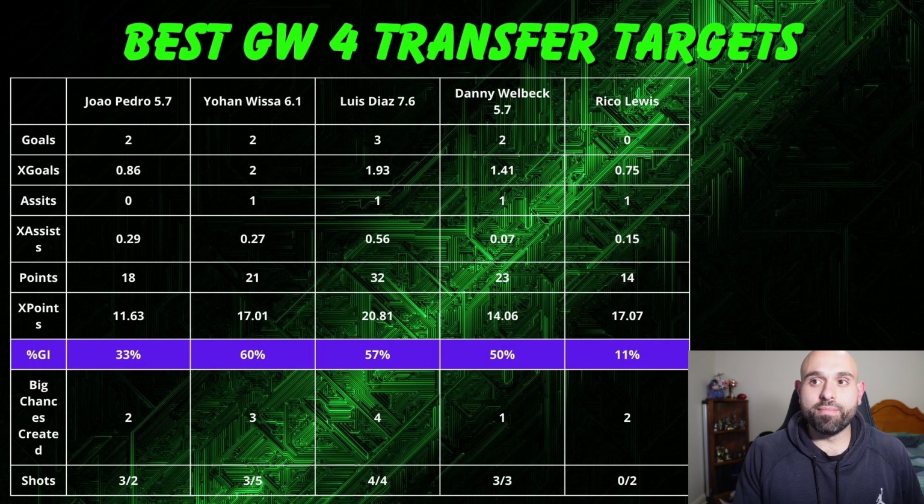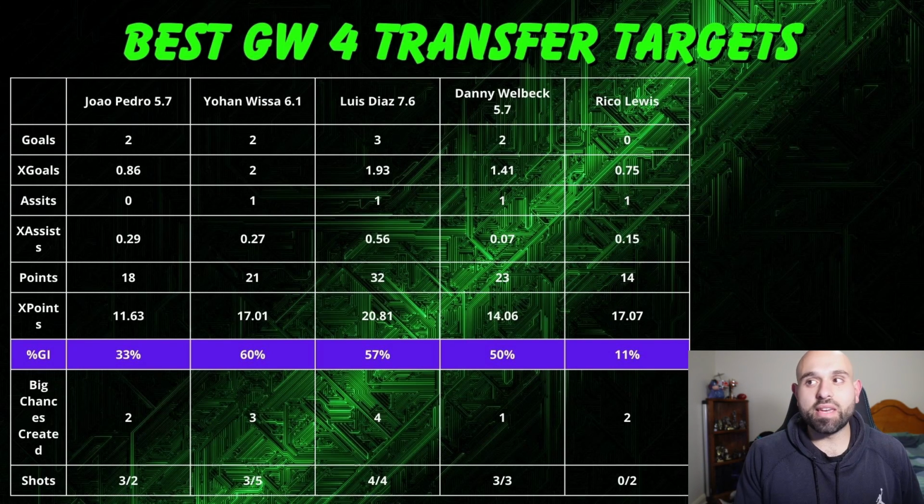If you're struggling to make some decisions at the deadline, these are the types of players I would be looking for. If you already own Mohamed Salah, that's kind of the caveat in this. If you don't own Mo Salah, and if you can get there in one move, I'd be recommending it. But if you are desperate for a cheap striker, midfielder, or a defender, this is where I would be looking.